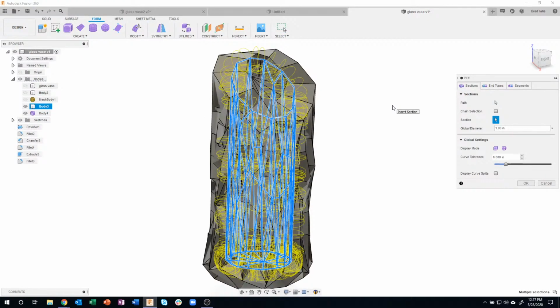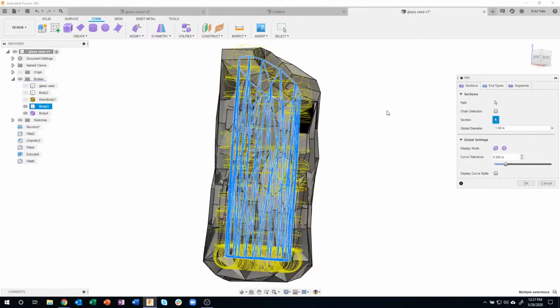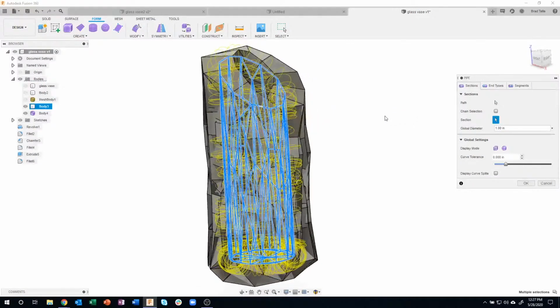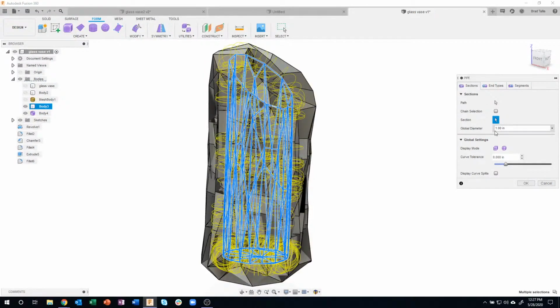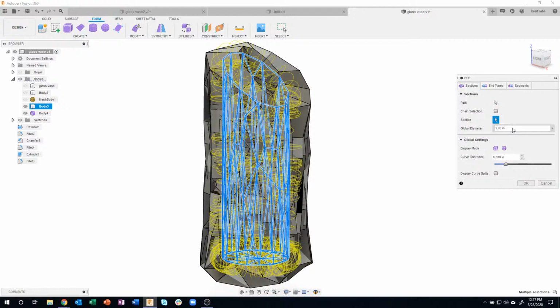Okay, now we get this weird looking shape. So what's happening here? Well, it's basically creating a pipe using all of these paths, but it looks like a big blob. Well, the reason for that is the diameter of the pipe is huge. Right now it's 1 inch in diameter. So let's go ahead and change that to maybe like 0.1,